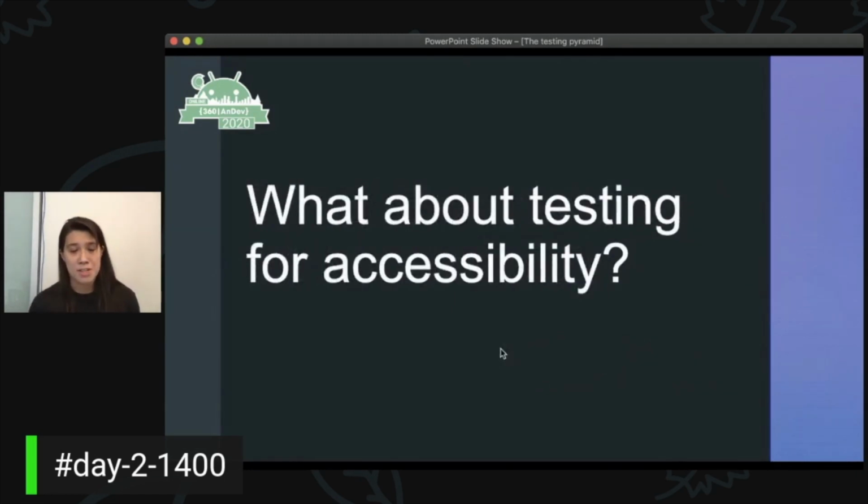What about testing for accessibility? Well, UI unit tests can test things like content descriptions. So the reason why I set a tag on that example before was because that widget was actually not important for accessibility. And so setting a content description wouldn't have made any sense. But you can assert content descriptions with UI unit tests. But if you came to 360 AnDev last year, you would have gone to my talk about accessibility and how it is so much more complicated than content descriptions.